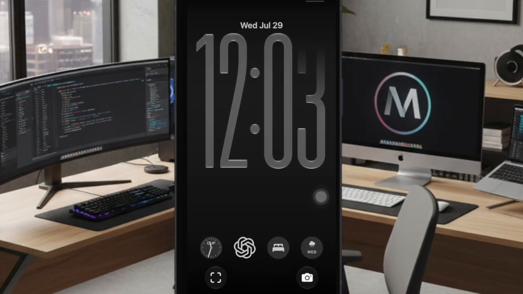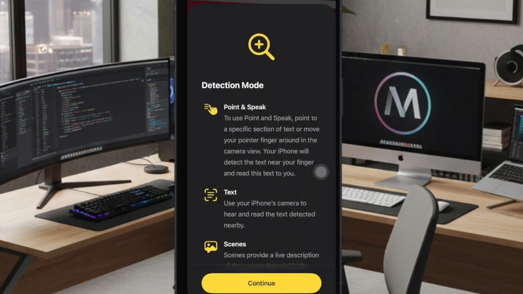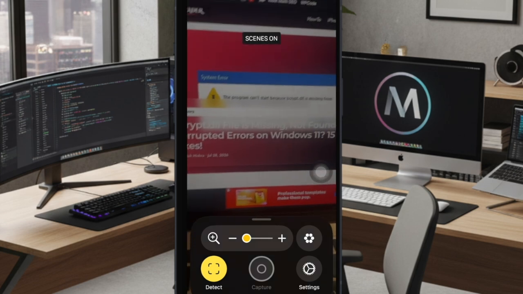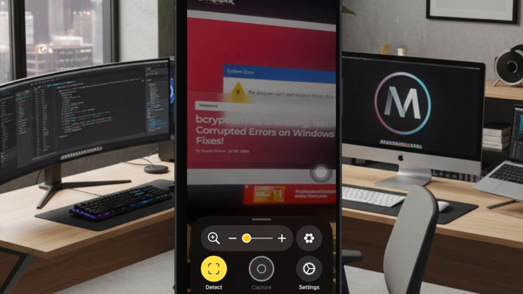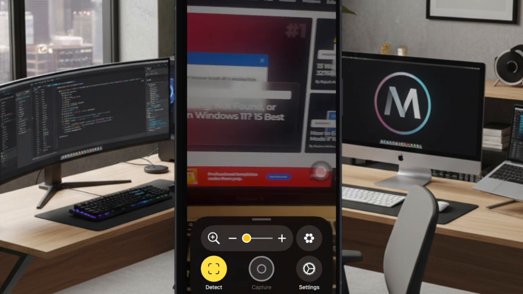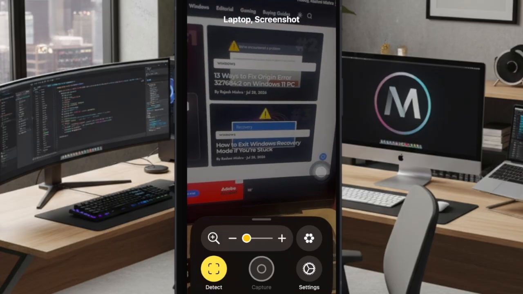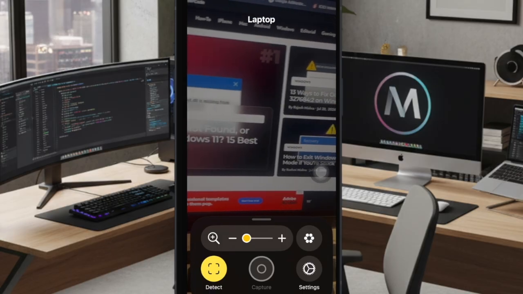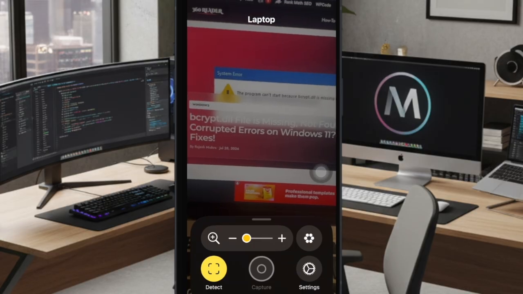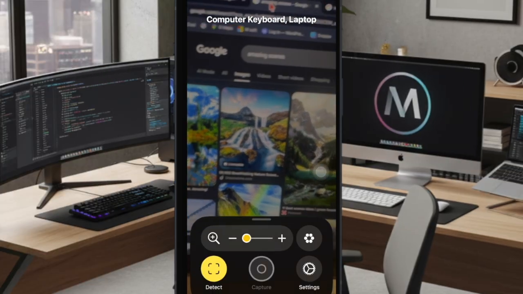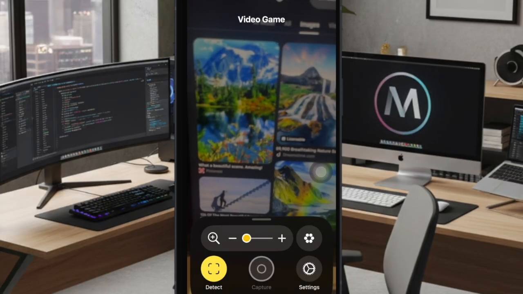Adding the live recognition control to your iPhone's lock screen is a simple change that makes a big difference in everyday convenience. With a feature just a tap away, you can instantly launch visual recognition without unlocking your device or searching through apps and settings. Whether you are in a hurry or need immediate assistance, having quick access ensures that live recognition is always ready